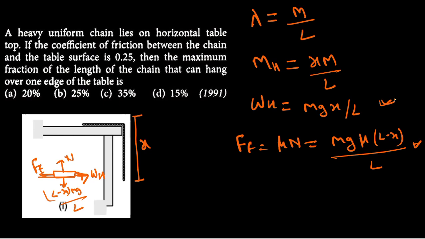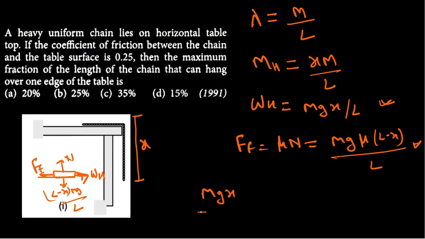See, friction force cannot be more than weight because the friction force acting here is static friction force, and static friction force is a reaction force. It will only act as much as is needed, but weight can be more than the friction force. That's why we are saying this is the maximum weight. We will equate the weight of the hanging part to the friction force, that will be the maximum weight. If the weight becomes more than this, the chain will fall. So if you equate these two,